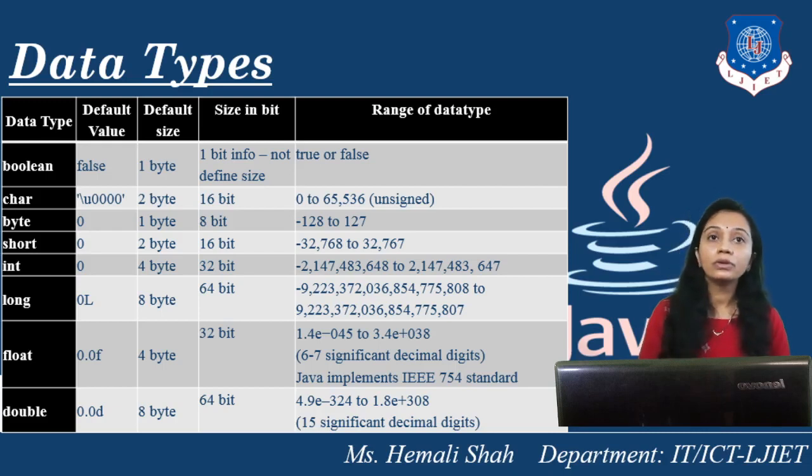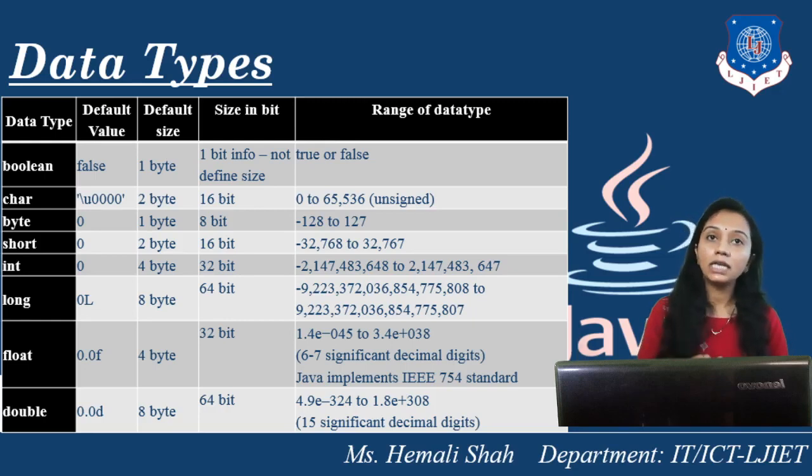Now someone told you that I want to store the age of some person. Then the age of a person is between 0 to 125 or 126 only. So this integer value you can accommodate in a byte also. But 4 kinds of integer data types are available. Which data type will you use? int, short, byte? Which one will you use? So here you should select the minimum range.